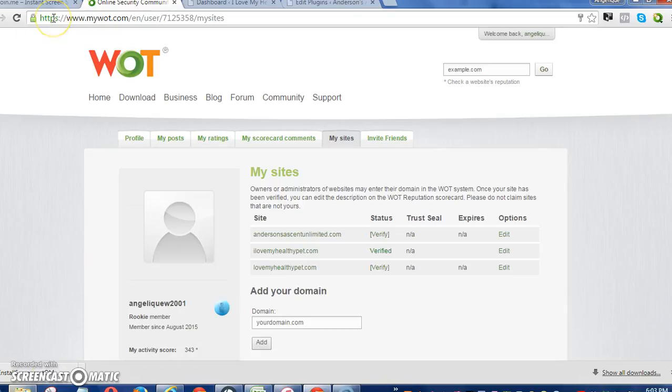So what you're going to do is you're going to go into google.com and you're going to search for Web of Trust, and the website that comes up is www.mywot.com. And you're going to want to do this in Chrome. It's going to ask you to download Web of Trust. And once you do that, you will now see this green circle over in your taskbar of your Chrome, and